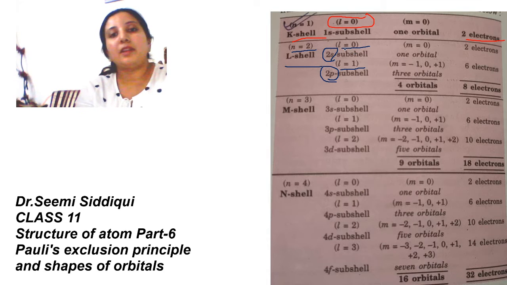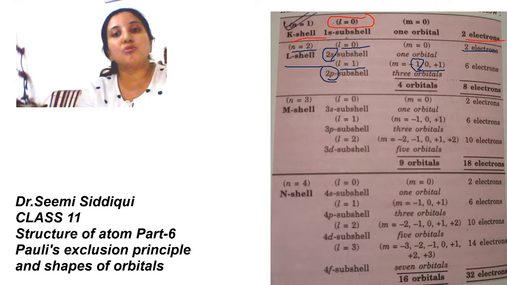Now when l is equal to 0, m is equal to 0, and it is going to have 1 orbital, again the number of electrons is 2. But when the value of l is equal to 1, m can vary from -1, 0 and +1. It means how many orbitals? 3 orbitals. This I have discussed in the previous lecture. So 3 orbitals means per orbital it can have 2 electrons.